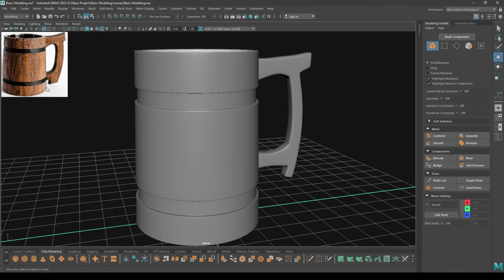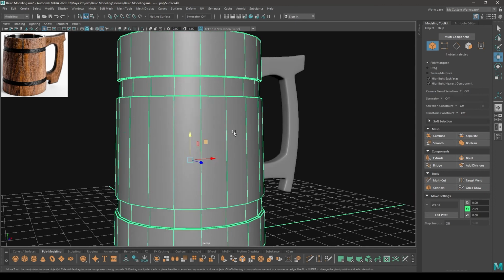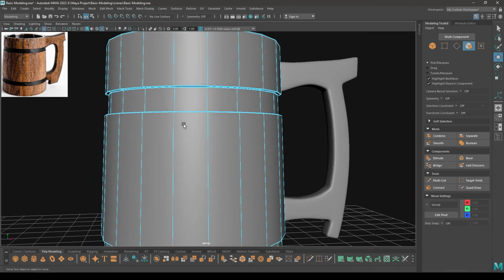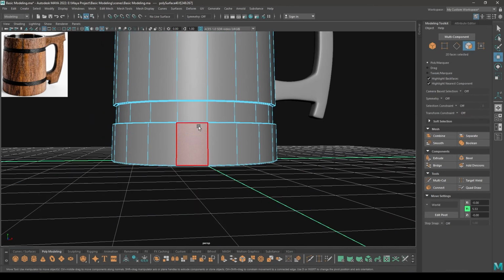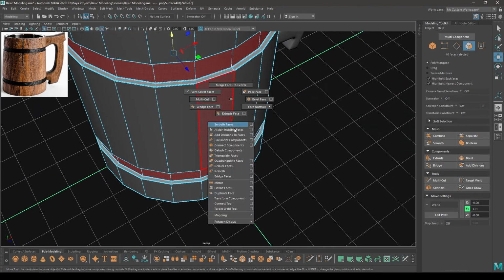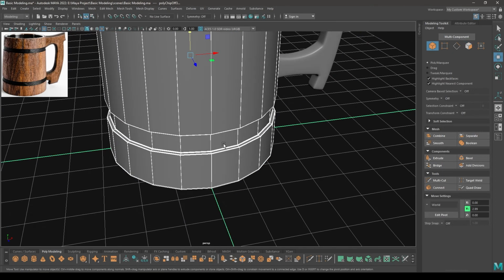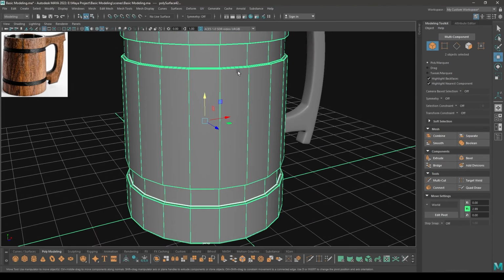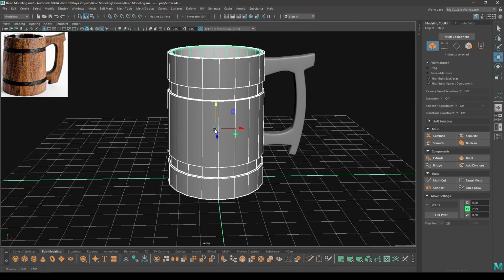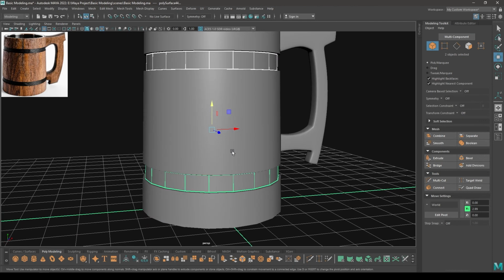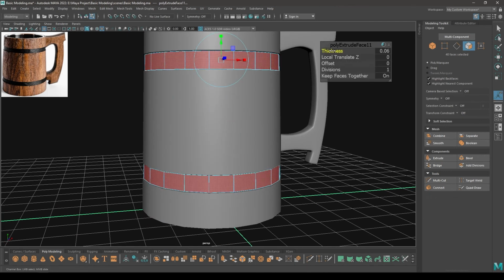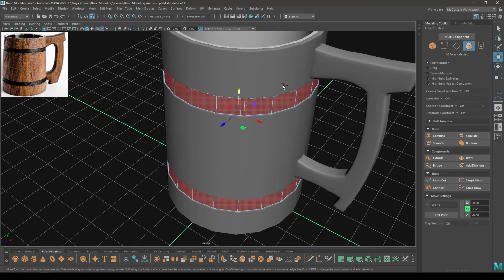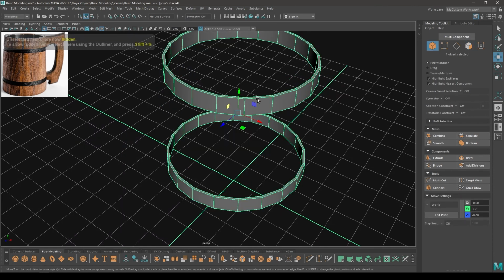So instead of using this cloth material here, what I'm going to do is go to face mode and select these faces and then duplicate. Now while selecting these faces, I'm going to combine them and then extrude, add a little bit of thickness and then isolate.